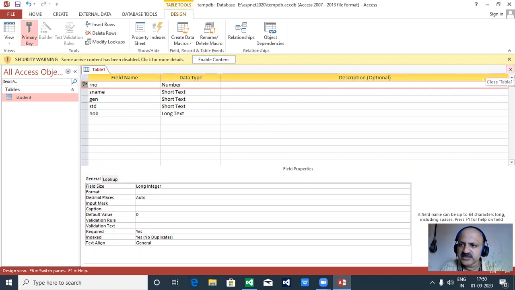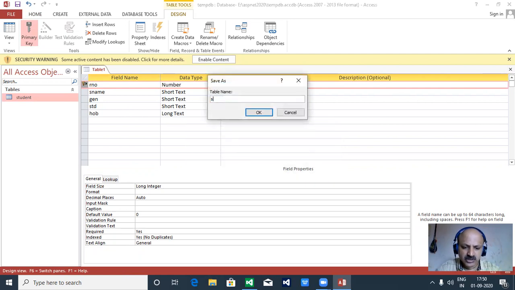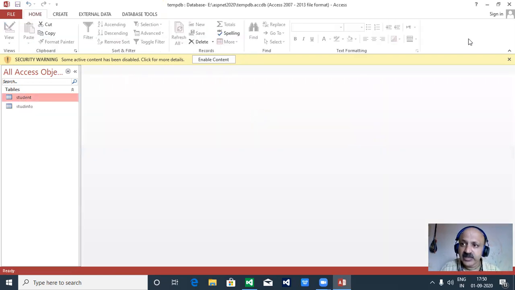And now close this and, taking the table name, here we can give the student info, so that is only one table, student. So here we can combine stud info, student information, that type of meaning. Okay, and we can close this, otherwise we can take the connection string.